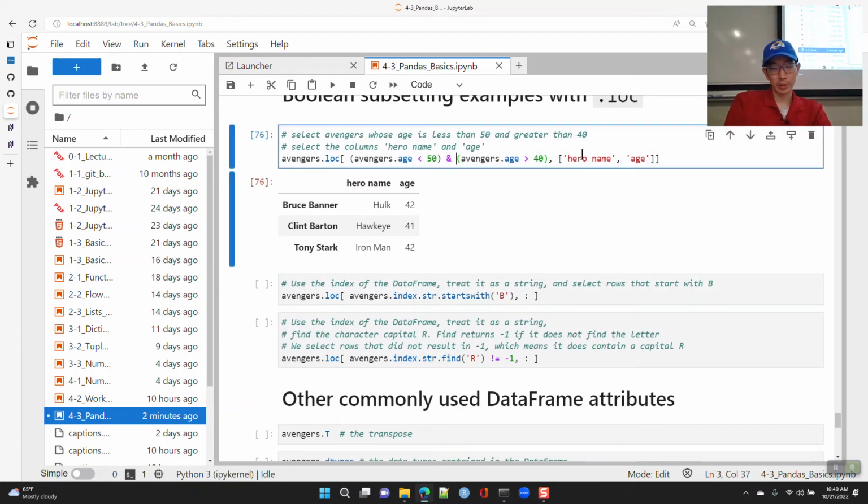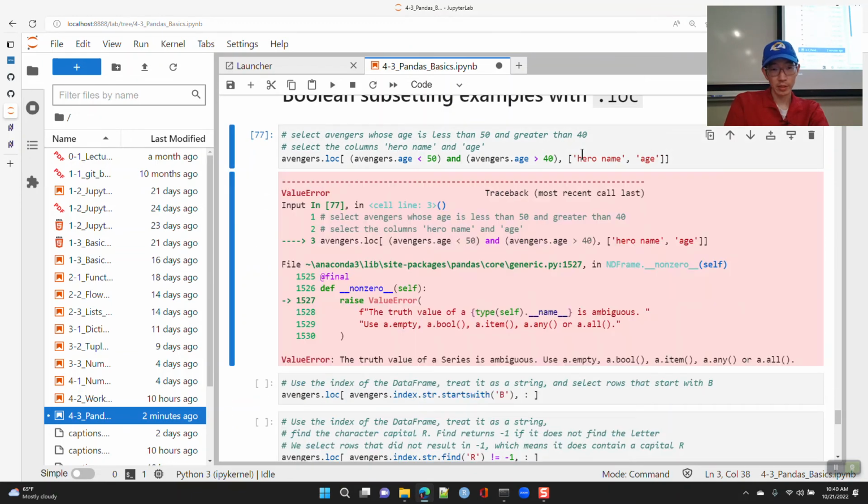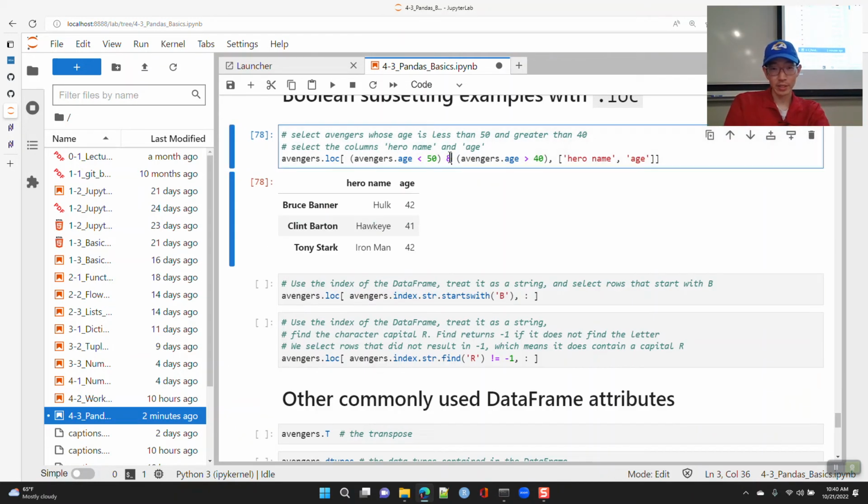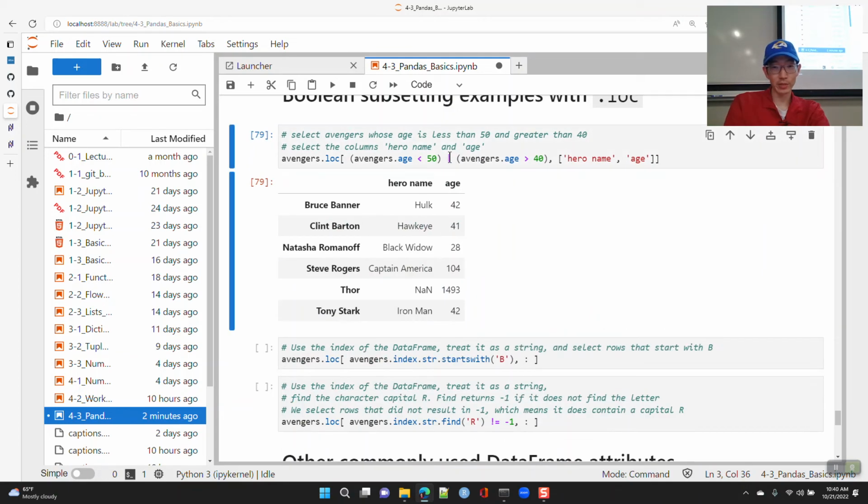So here, let me just show you what happens if I type an and here. It says it doesn't like this. Okay. So here's and, and if I do or, I think this will give everybody, right? If you have less than 50 or greater than 40, that's basically from negative infinity to positive infinity.